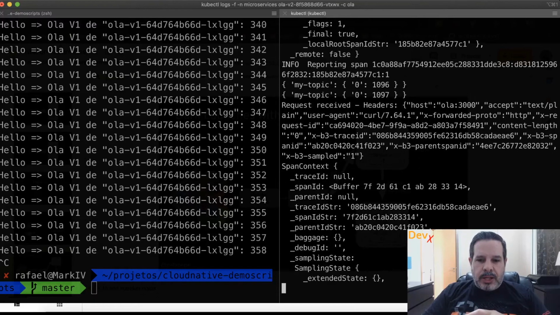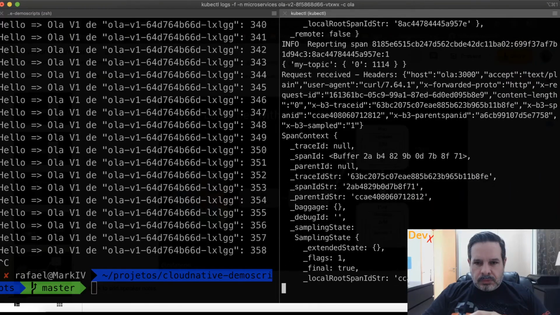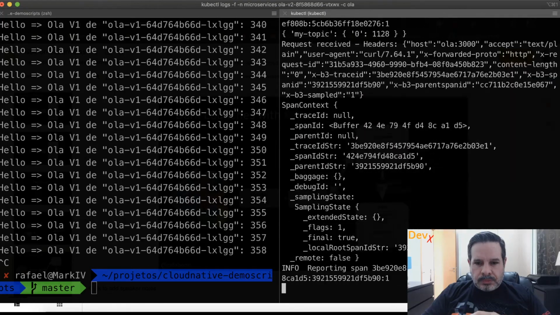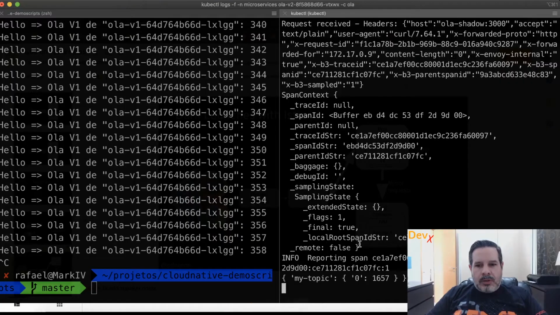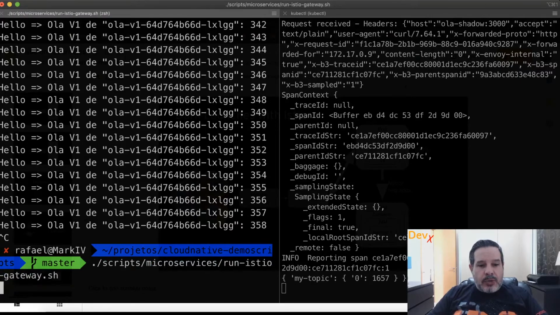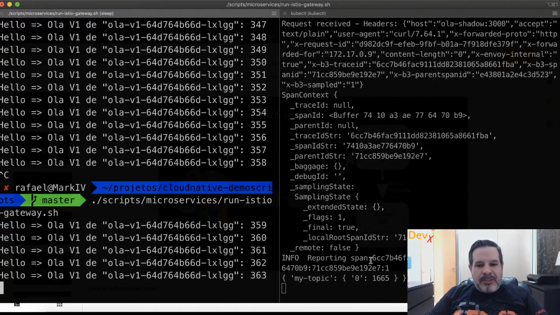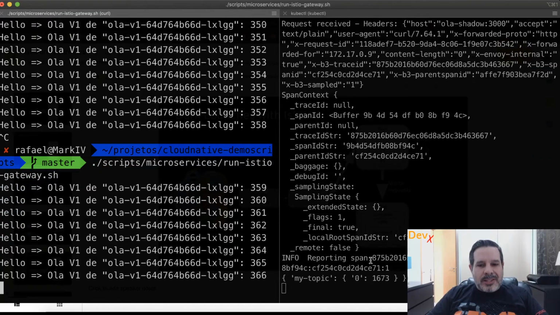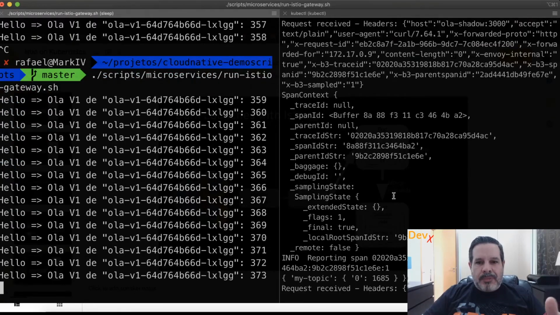Let's wait for that. And there it goes. The logs for V2 have stopped. When I start sending requests, the user will see only V1, but V2 is receiving requests as well, because the requests are being mirrored. Okay?